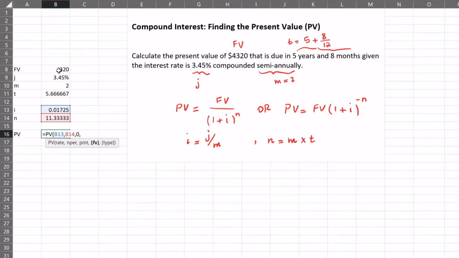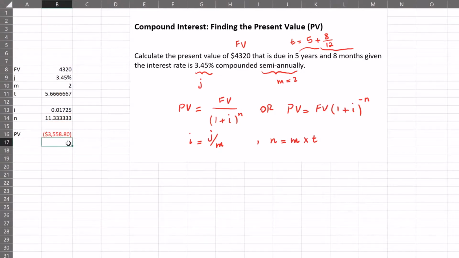Future value here is 4320. And the type, you don't have to worry about the type. Type again is relevant for annuities. It basically tells Excel if it's annuity due or ordinary annuity. It's not relevant for compound interest. So don't worry about that. And once everything is in, you press enter, and then you get 3,558.80. The reason that it is in red and in round brackets